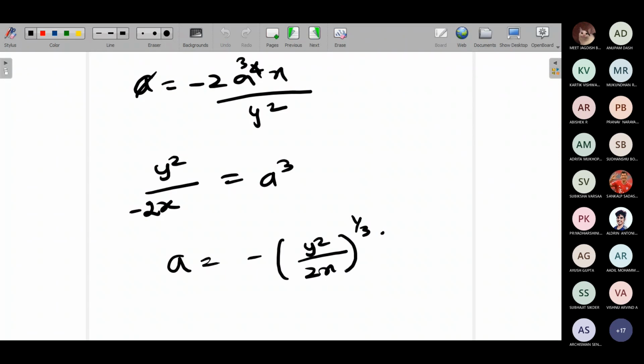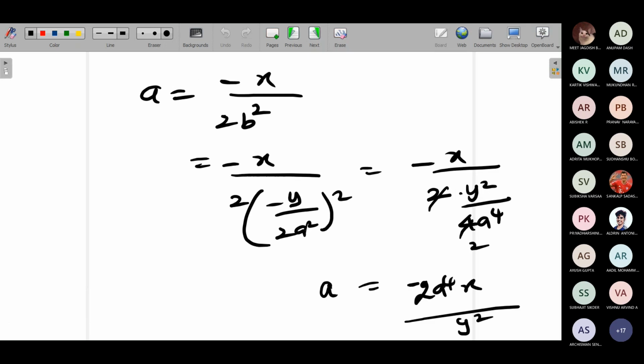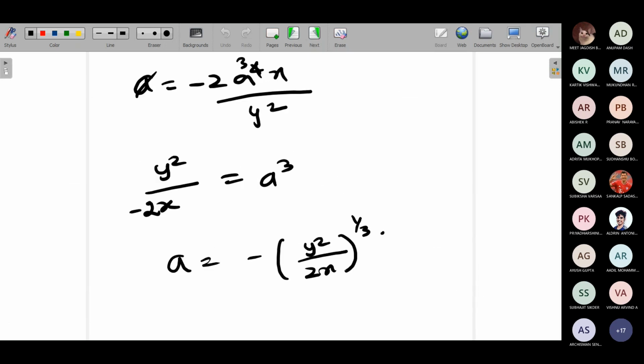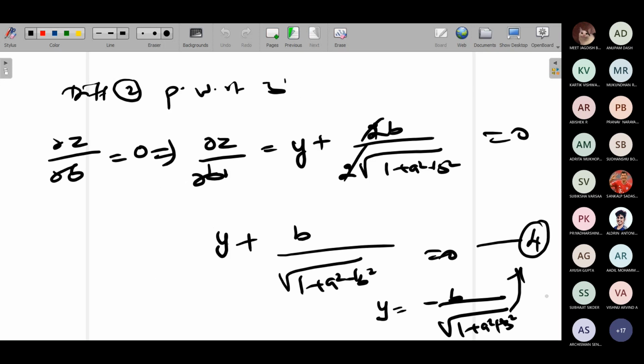No, ma'am, I'm getting x square by 2y. What you are getting? X square by 2y. Put that inside cube root, ma'am. Minus x square by 2y whole power 1 by 3, right? Yes, ma'am. But the minus will be outside. That I'm not doing. Turning the pages is too irritating.